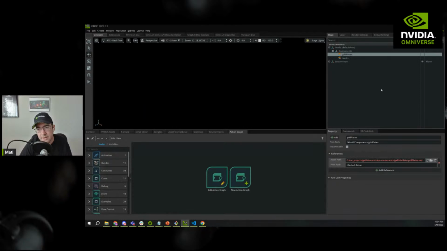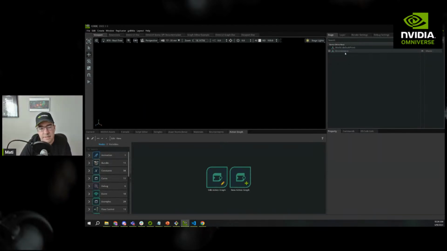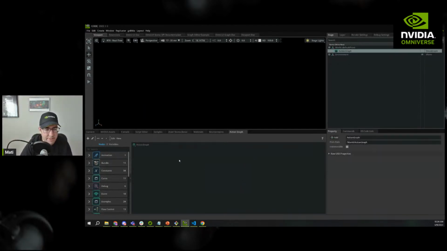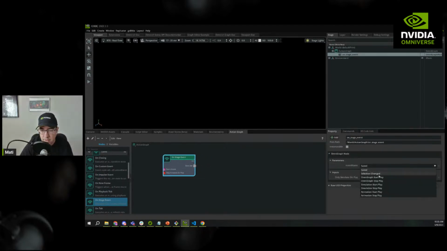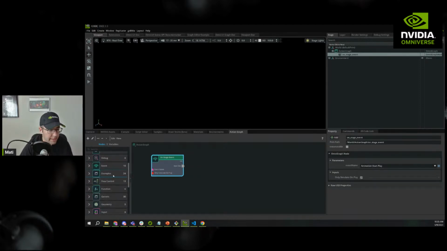In Action Graph, to me, async execution means we'll get an on play event. I think it's a stage event, or OmniGraph start play, any of those. And then